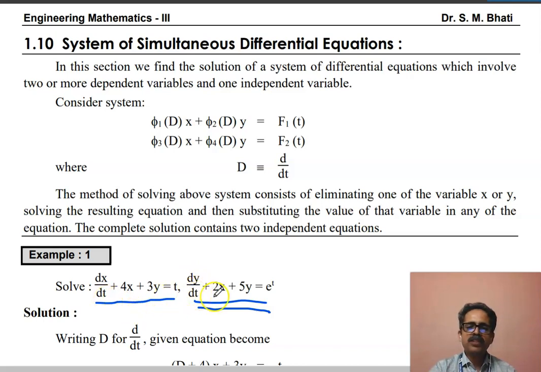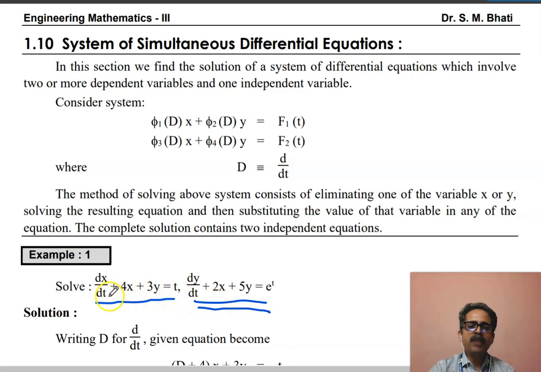And these two suggest about the variables. We have two variables x and y which depend on variable t. Total three variables are there. x depends on t and y depends on t. So the solution of these two equations will contain two equations. One contains value of x in terms of t and another contains value of y in terms of t. Here x and y are dependent variables while t will be the independent variable.